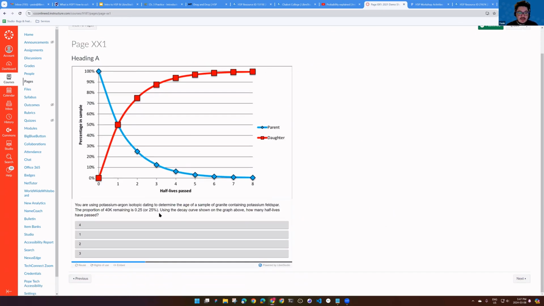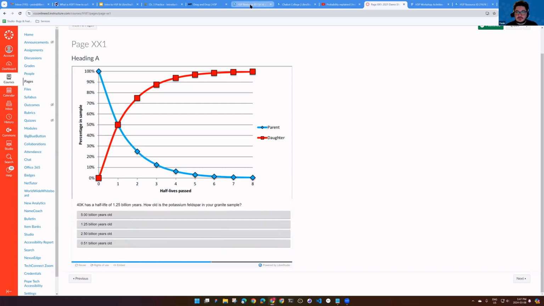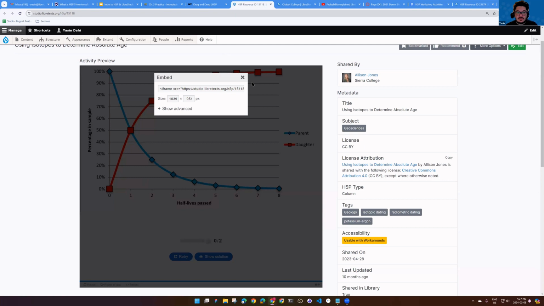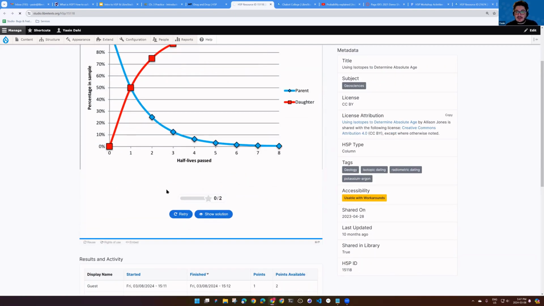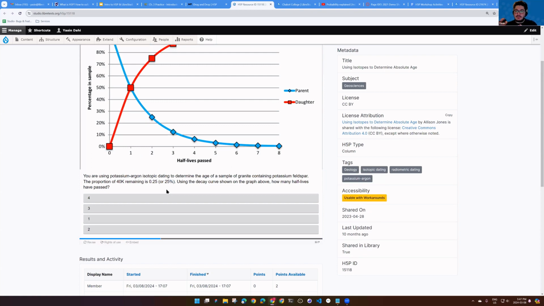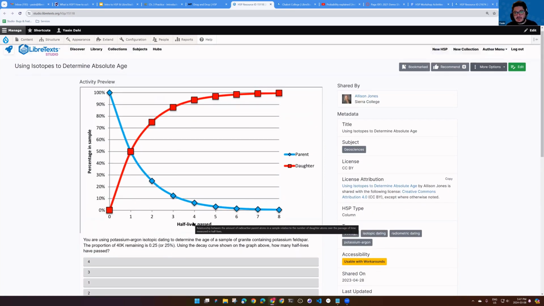And now I've just added that interactive resource into that page. So students, when they open this page, will interact with this resource. Now, as the author of that resource, any changes that I make on this resource, it's not like I have to change it here and then copy it again over into the LMS page I just added. Any change I do here, because it's just an iframe, is going to be automatically reflected wherever